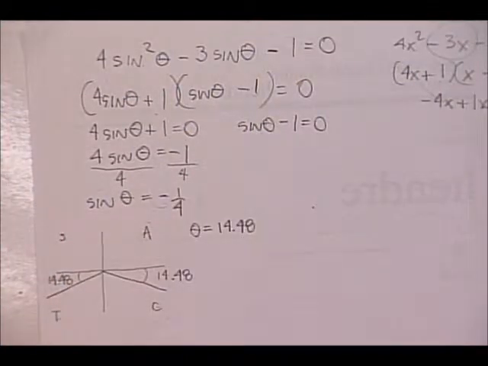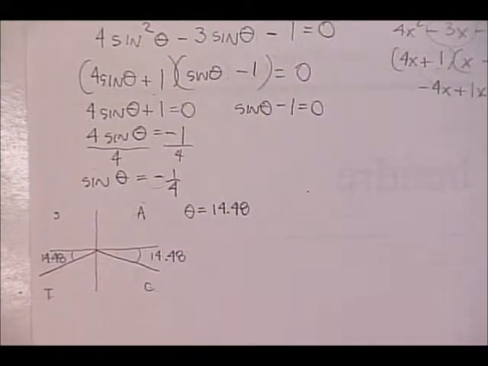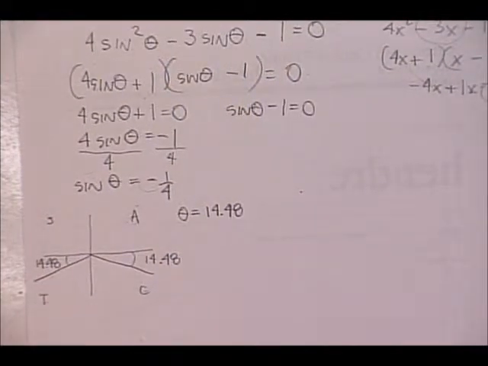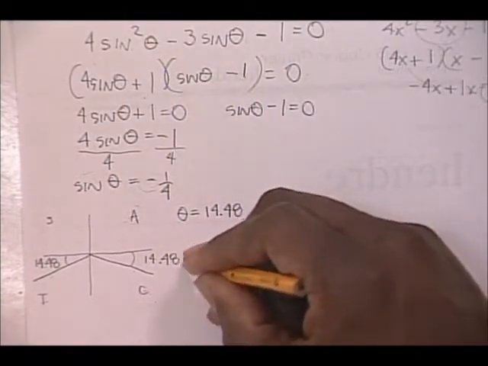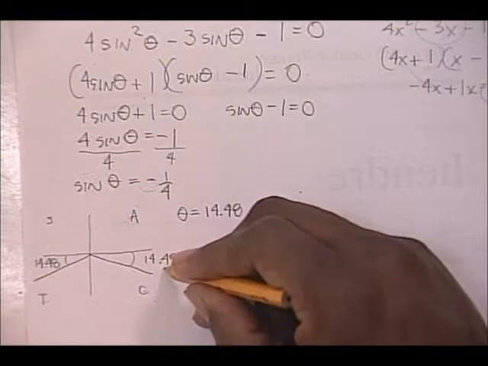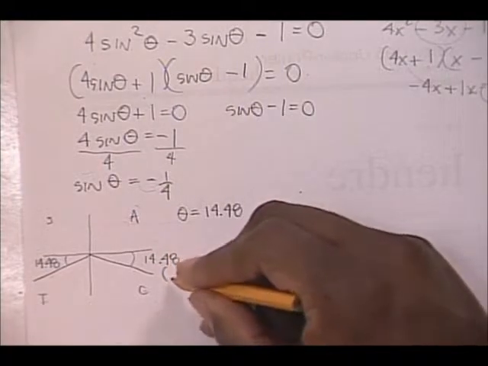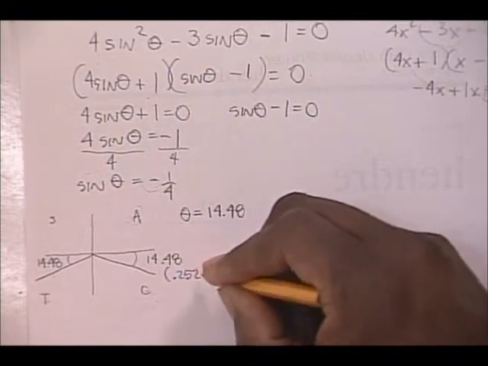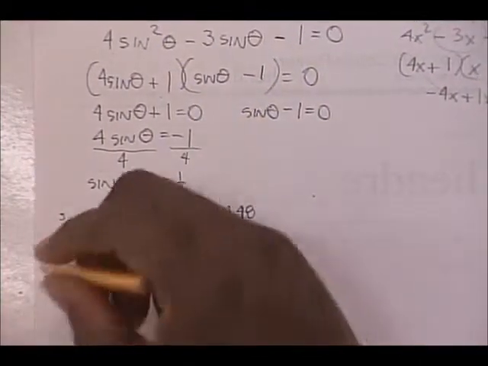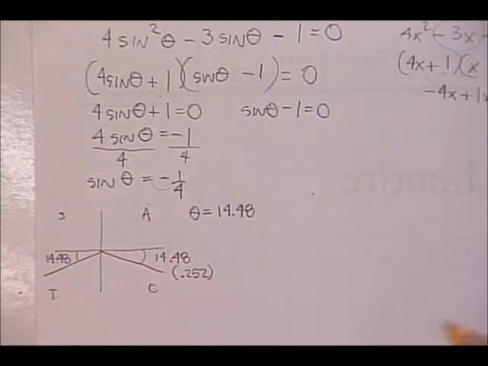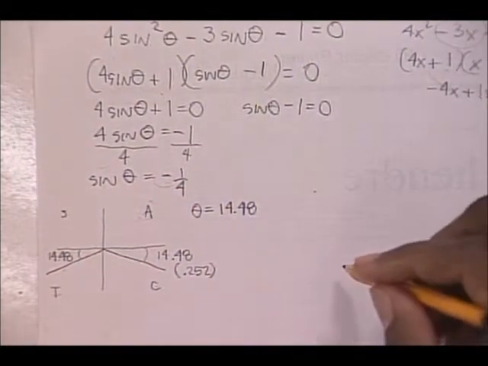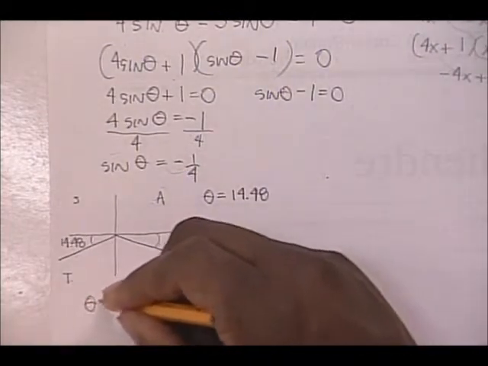I put in the calculator already, making sure that the calculator was in the degree mode. Then, if you put your calculator in the radian mode, depending on what your teacher asks for, the answer would be either 14.48 in the degree mode, or 0.252 in the radian mode. You put 0.252 there, and then you put 0.252 here. All right. So your final answer for this part of your problem would be theta equal to,